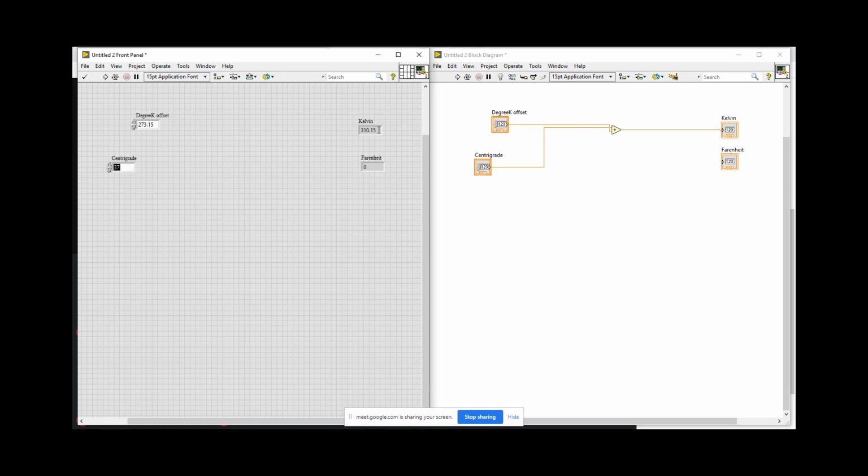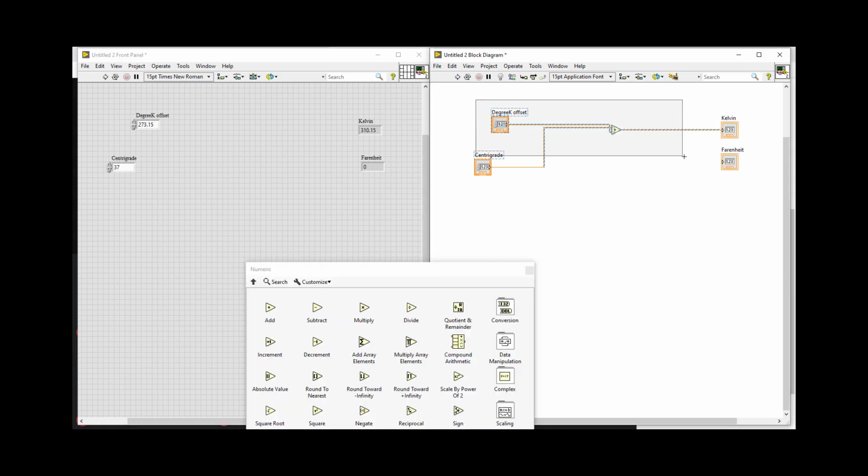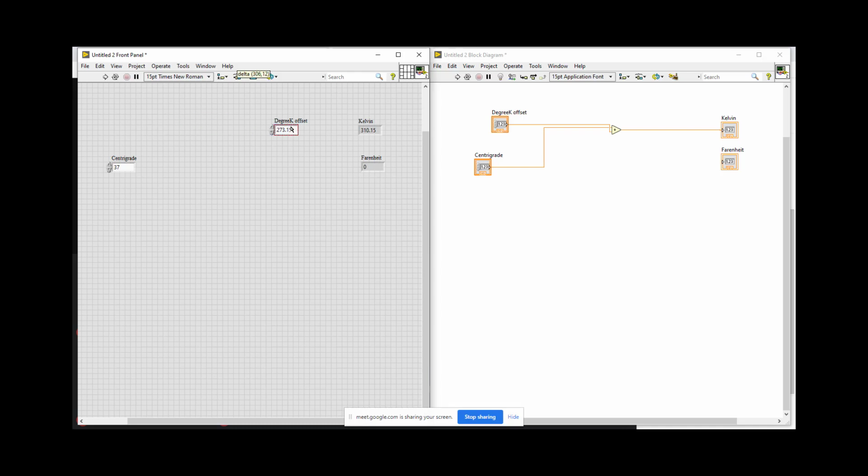We could have done some addition operation separately also, but right now we are using it in a real environment, meaning something useful. So I have used it because you can understand what the use of these kinds of VIs are. Because whenever you are going to use any program, any software, you should know what you are going to do it for. Okay, now we have converted this degree Celsius into degree K.